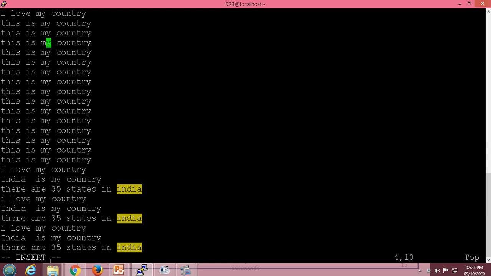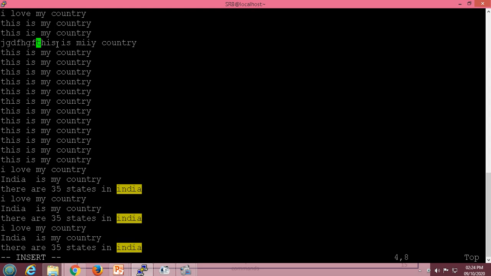Here it will show that I am in insert mode. If my cursor is at this location and I try to insert, it will insert before my cursor location, meaning it will insert the characters that I type. Now suppose I use the next command, escape capital I. It will put my cursor at the beginning of that line, and from there it will insert my typed characters. Now I will use the next command, small a.